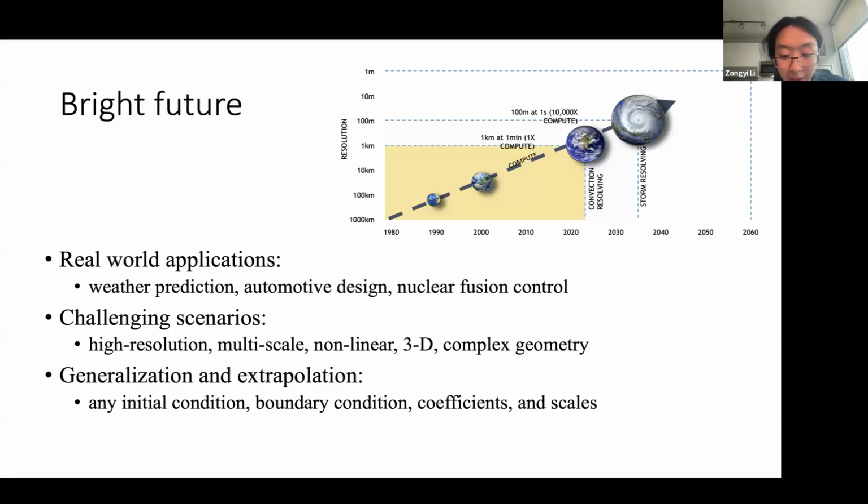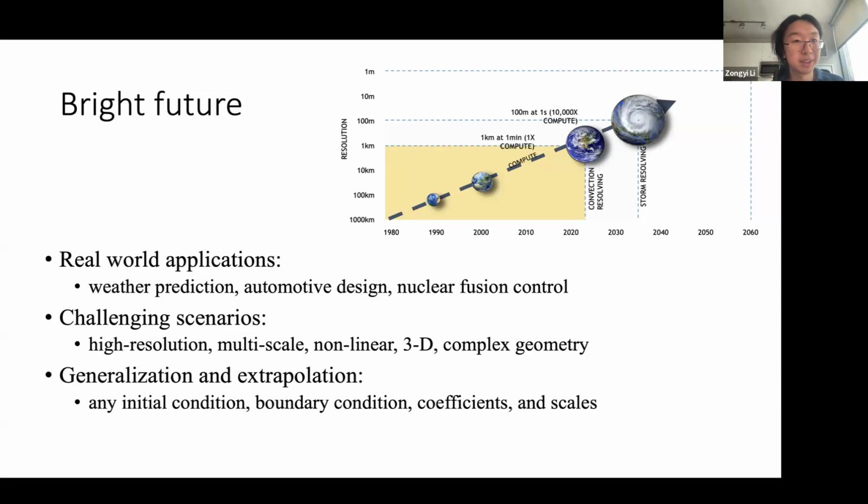But for all the scientific computing, there are also challenging scenarios, especially when we go into high resolutions. For weather forecasting, now we're doing 30 kilometer by 30 kilometer. For the best case, it's 2 kilometer by 2 kilometer, which is already like a 1,000 by 1,000 grid.